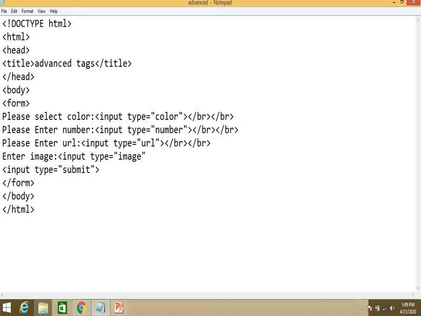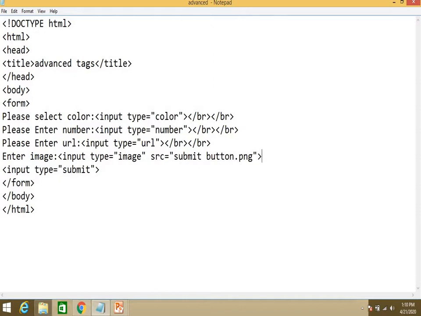In that you have to write src equal to, meaning from where you are calling that image. So what is the name of the image? Submit button dot PNG.